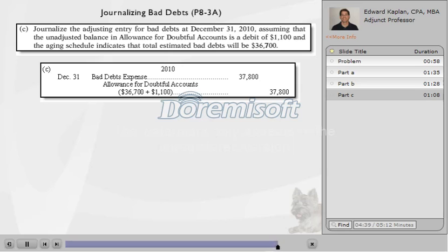Okay, with that piece of information in front of us, we should be able to conclude that bad debt expense now needs to be $36,700 plus the $1,100 debit balance, because that's the total amount, $37,800, that needs to be credited to the allowance account to bring its balance